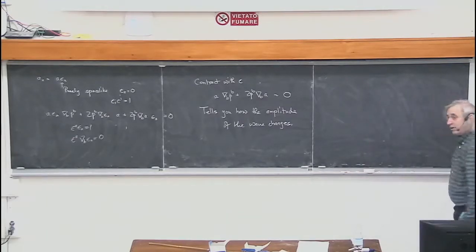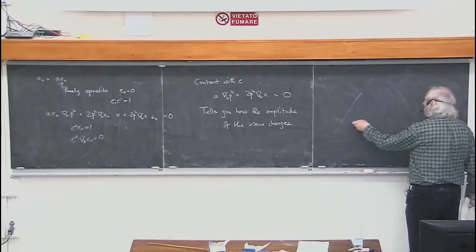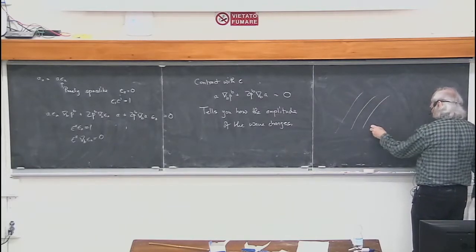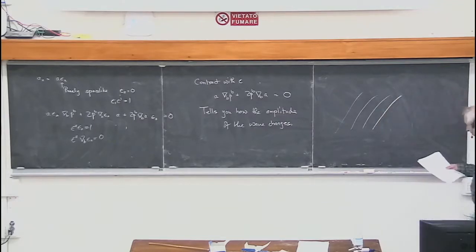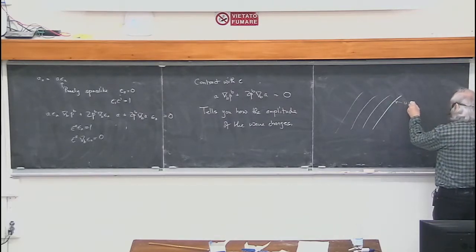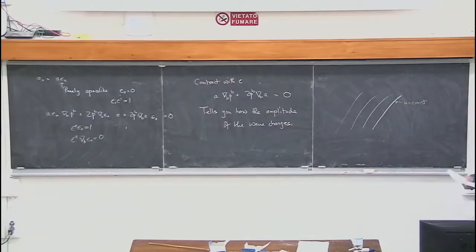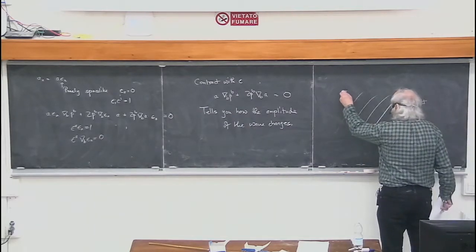There is a whole collection of light rays, something like that. You can think of these as being along a line of u equals constant, representing something like the retarded time, or something of that kind. I would like to define an affine parameter lambda